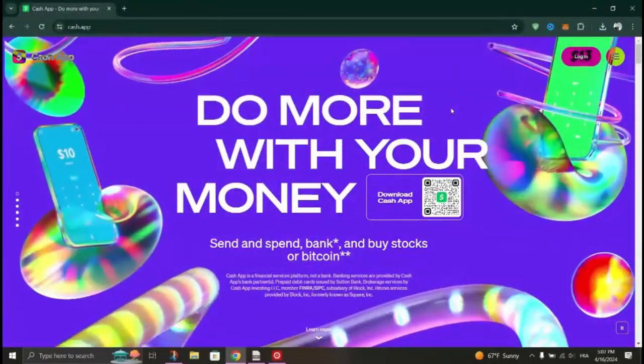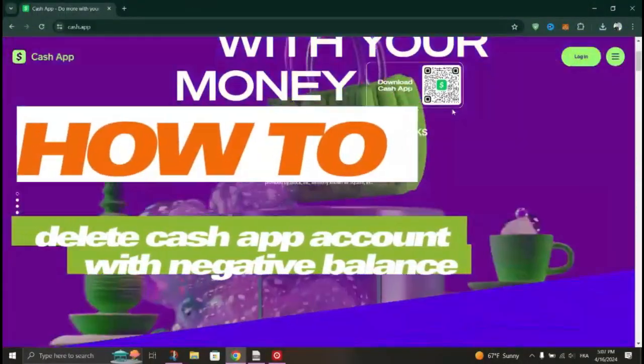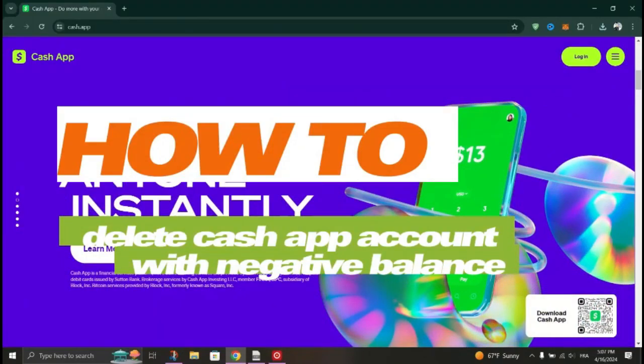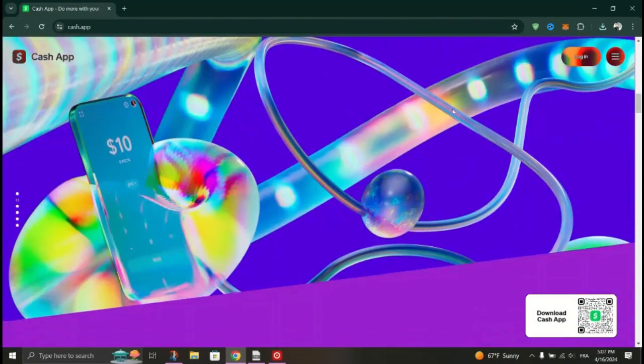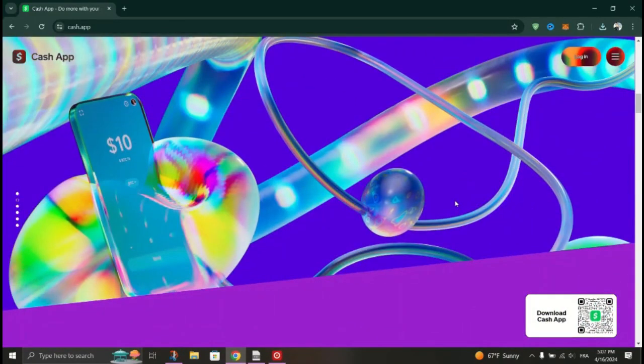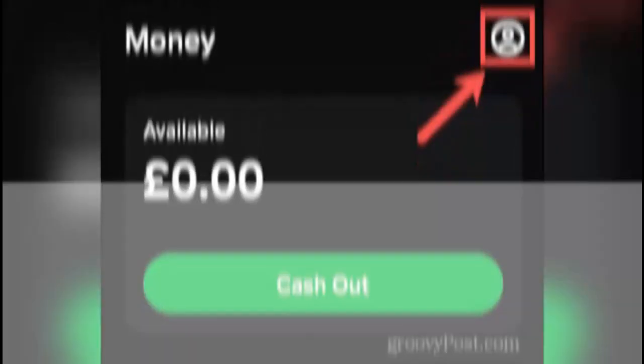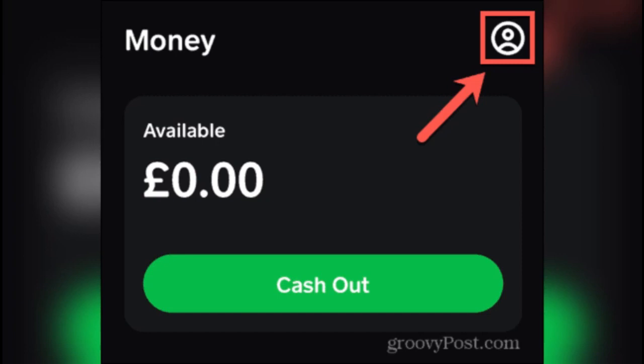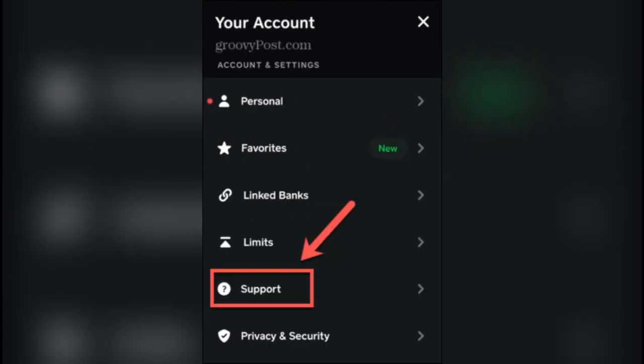In this tutorial, I am going to show you how to delete Cash App account with negative balance. The process is similar to deleting a regular Cash App account, so open the Cash App and log into your account. Tap the house icon to access the Cash App homepage. Follow the instructions to complete the transfer if you have funds, but in this case you have negative funds, so